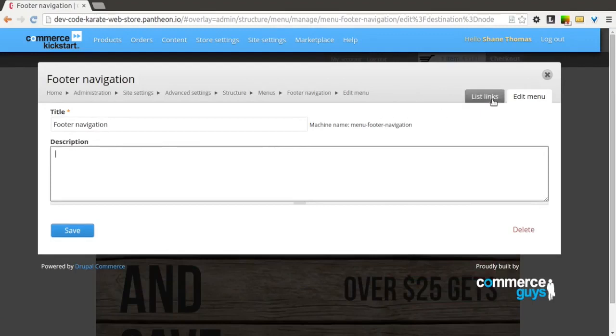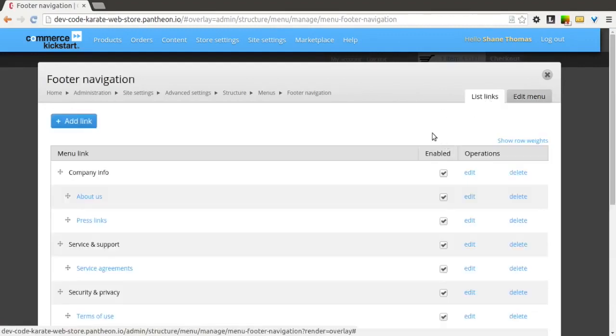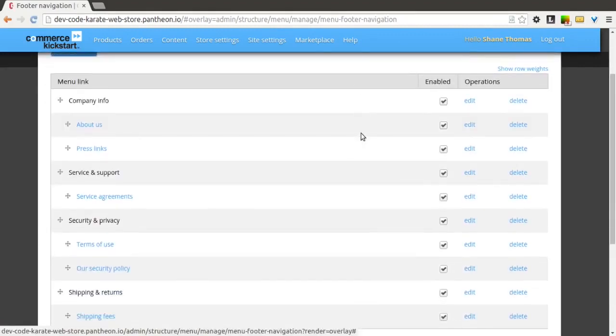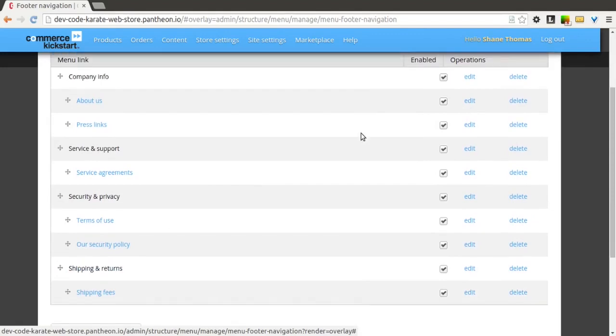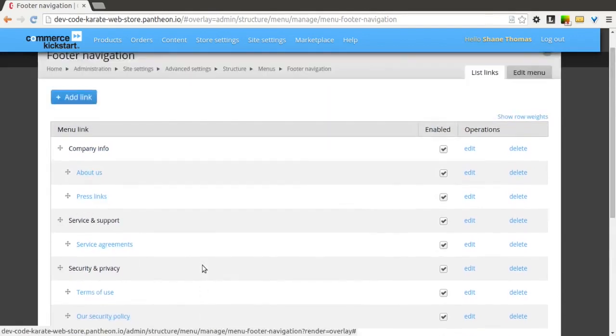But if we click on the List Links tab, here's where we can see a bunch of information, and it's really actually pretty easy to read once you see it. So we see company information, all the links below it, service and the links below that, and so on and so forth. But we want to add one to the security and privacy section for our policy page. So to do that, we're going to click Add Link,